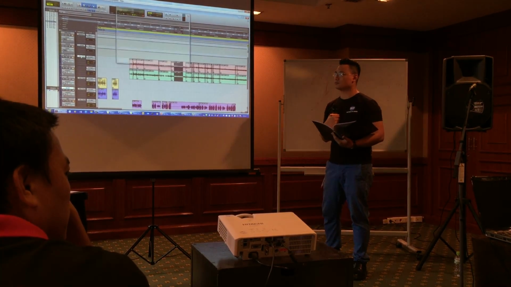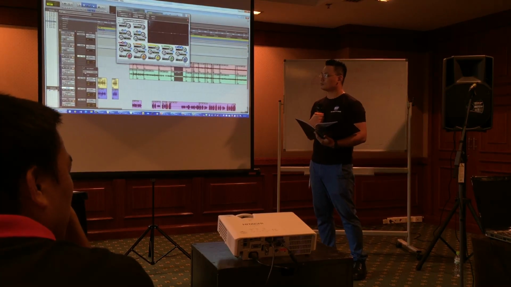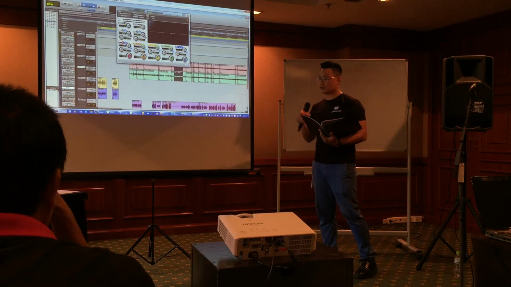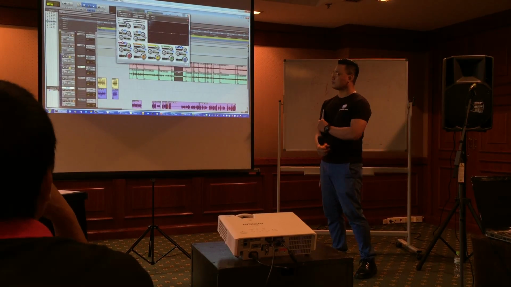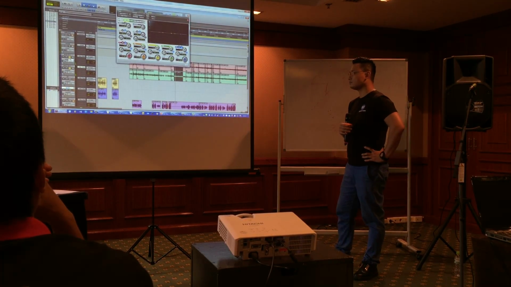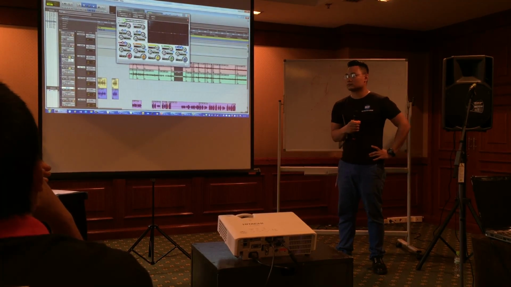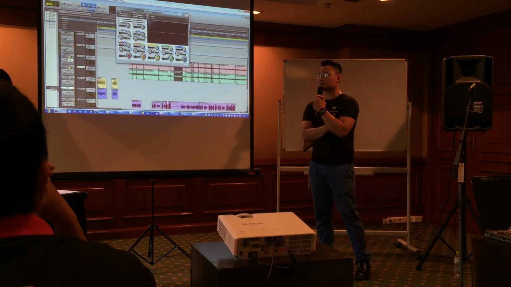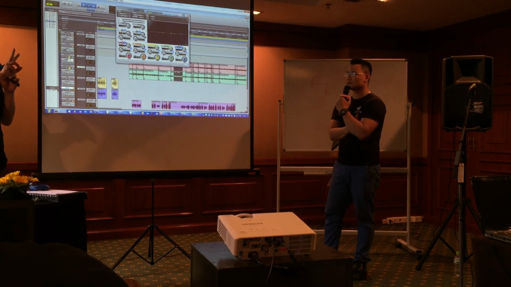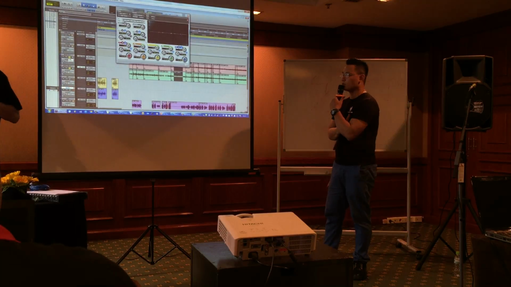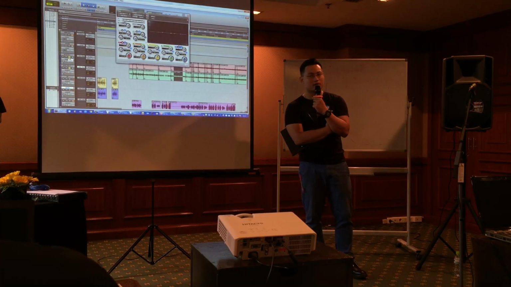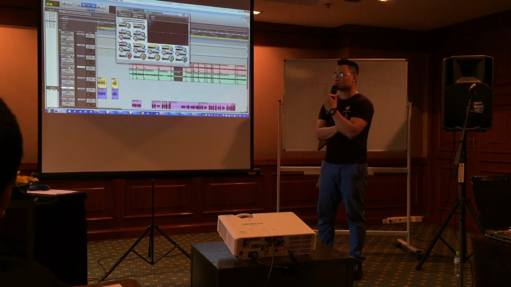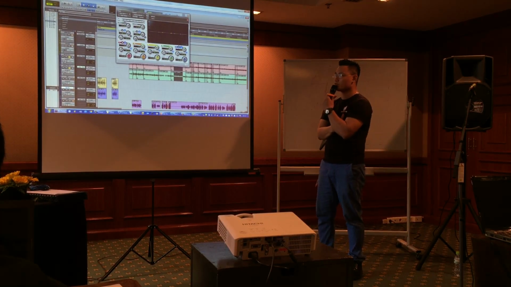For example, we can do the same thing with the guitar. Very often in the studio, we mic the guitar, and also live, we mic the guitar with two mics. This is a Shure SM57,